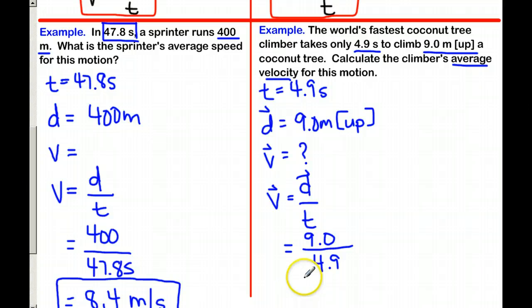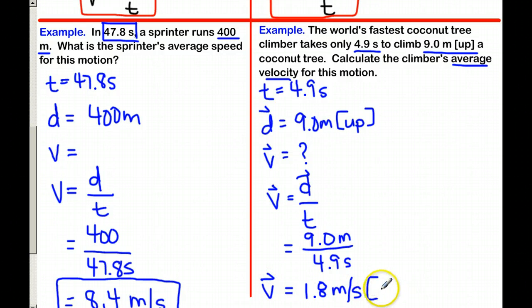And you can see where the units come from: meters divided by seconds. So therefore, our final answer is 1.8 meters per second. And because this is a vector quantity, remember you have to put square brackets in a direction, and it was up. Okay, and box around your final answer,